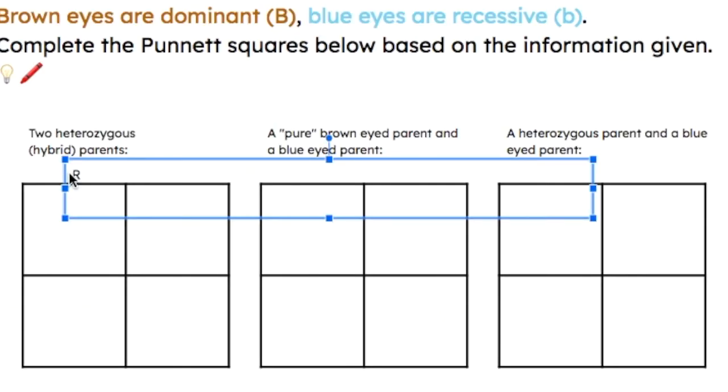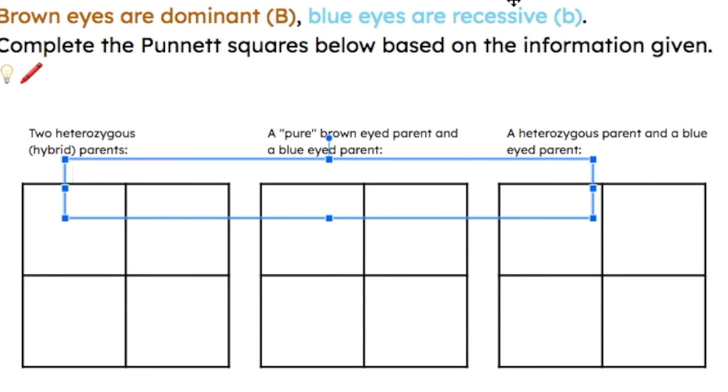So now we're talking about human eye color. So we've been talking about peas before, which are really simple. But if we switch to human eye color, we know we can have brown eyes, we can have green eyes, we can have blue eyes, we can have hazel eyes. There are more options than this, but for argument's sake, we are going to work with brown versus blue eyes